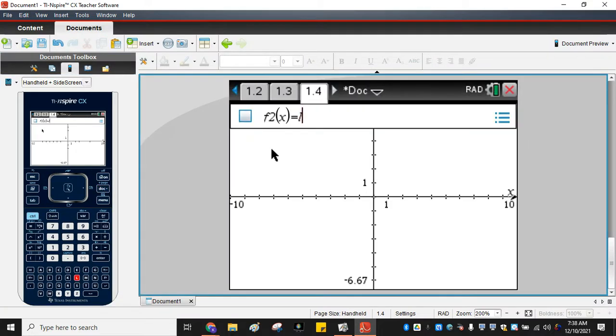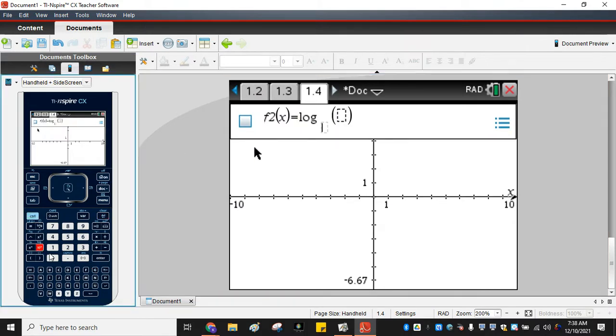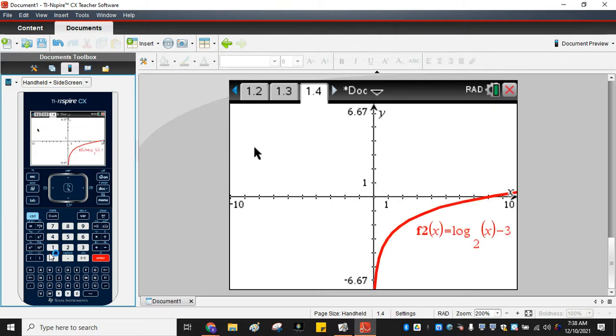Graph. We're doing log base 2 of x outside minus the